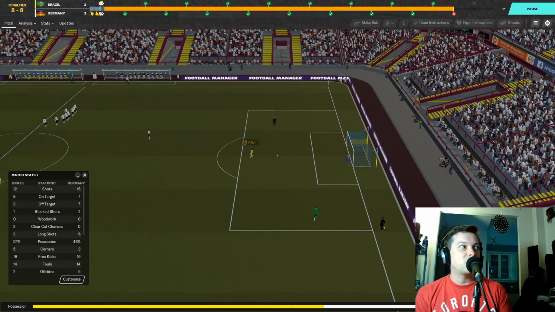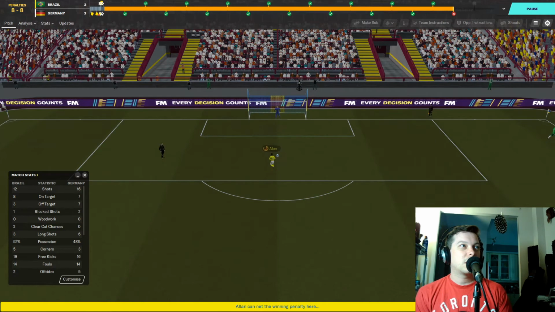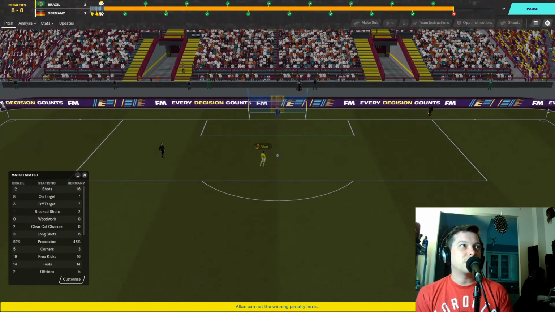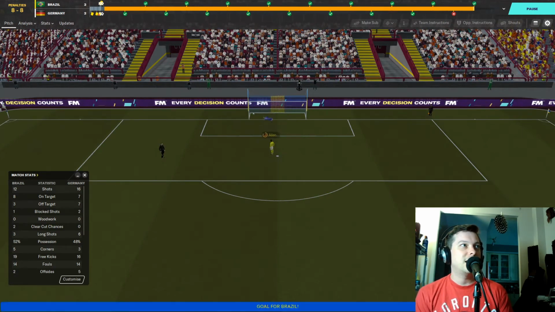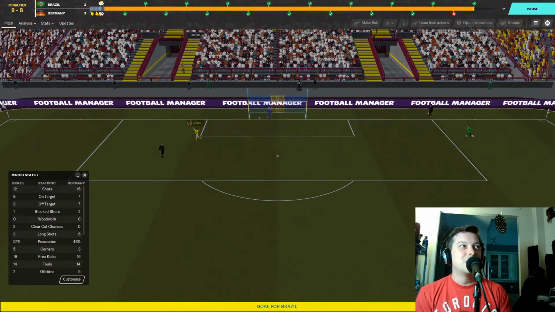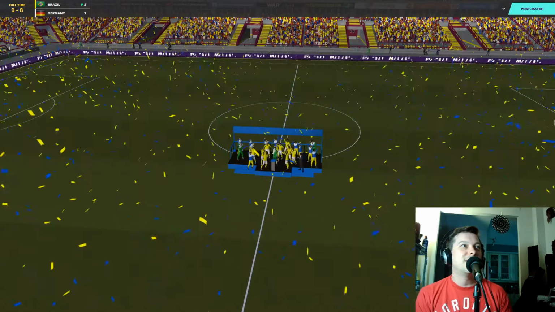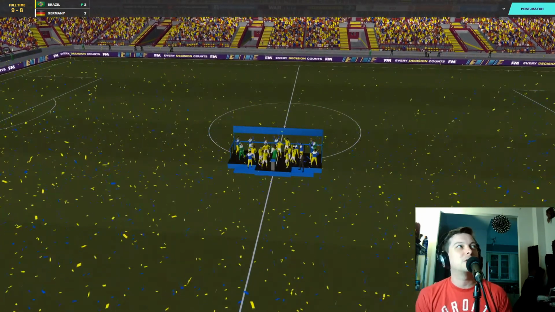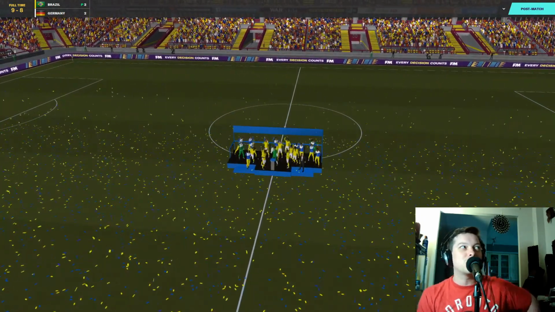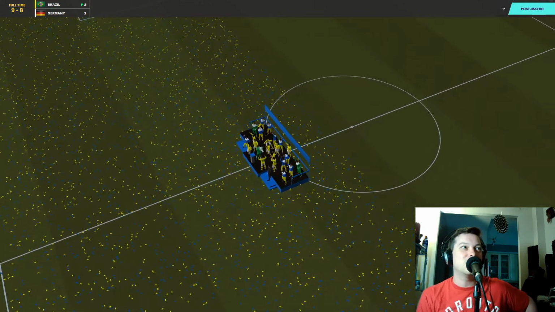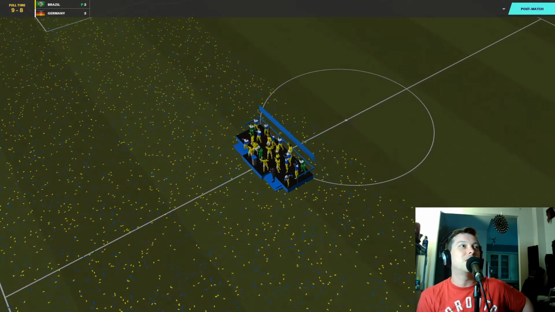I think they deserve to win this game, probably Brazil, although they've had fewer shots than Germany in the end. But they dominated most of the game, I think. Allen stepping up for Brazil. Can he finish it? He does. And that's it. Brazil are the champions of the world for the 6th time. There it is. The World Cup champions, Brazil, on penalties over Germany, 9-8 in the shootout. Allen with the final goal.